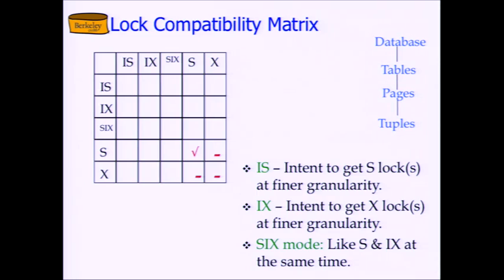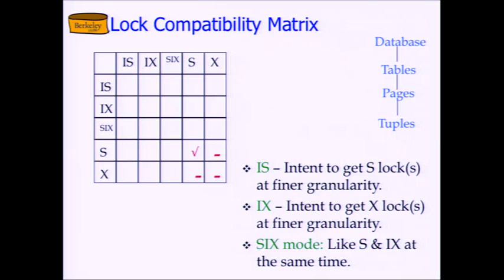Let's do this. It wants a shared lock on the whole table. And T2 wants an exclusive lock on a single tuple. Is that compatible? It is not. There is no way at the tuple level that these two guys could coexist, right? Because they will conflict on this very tuple. Yeah? So one of them has to go first and one of them has to go second. So we might as well, at the intent lock level,